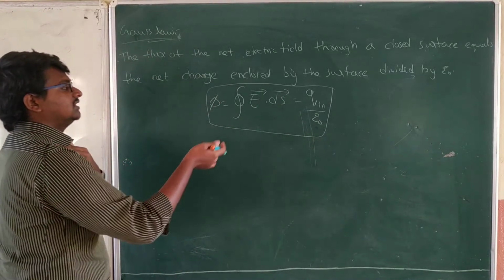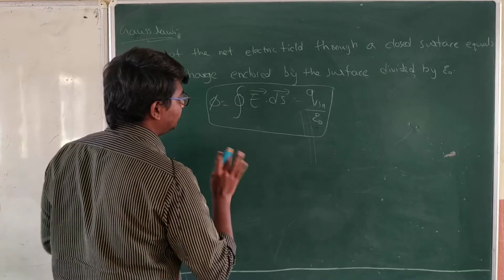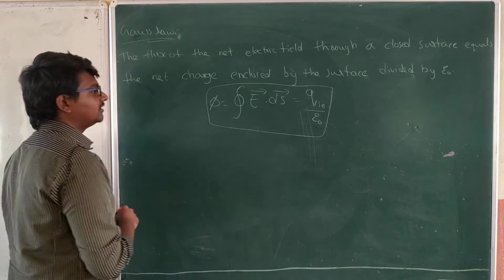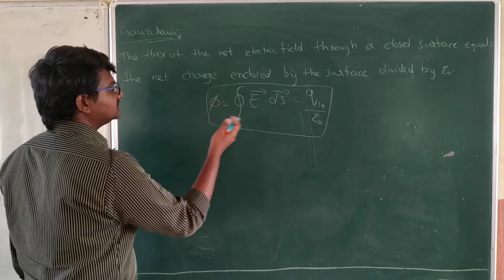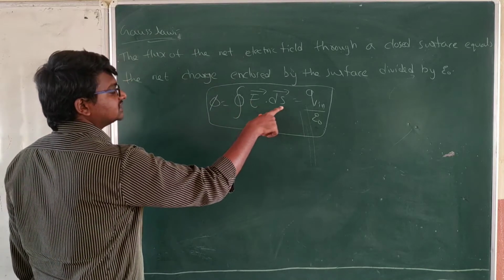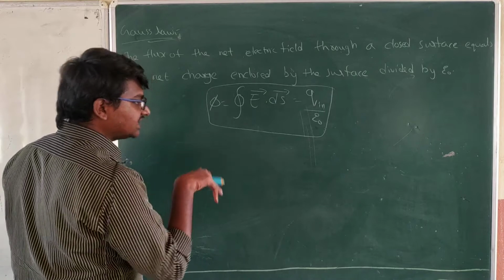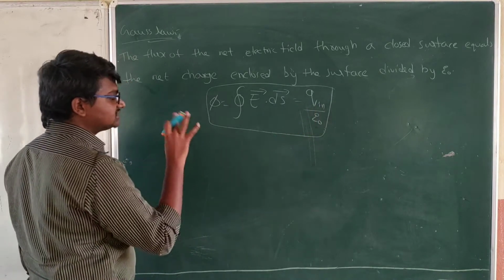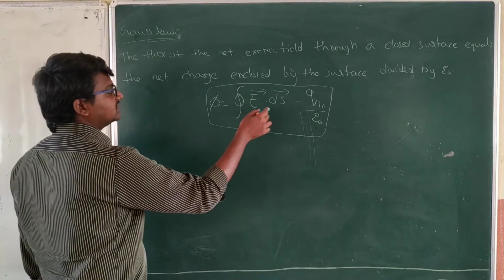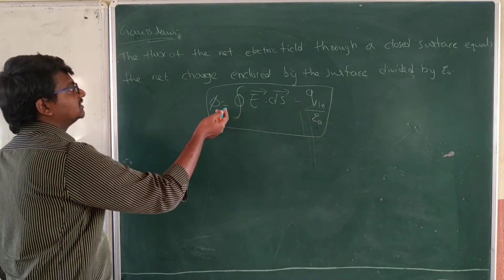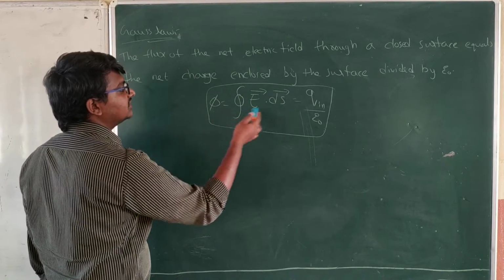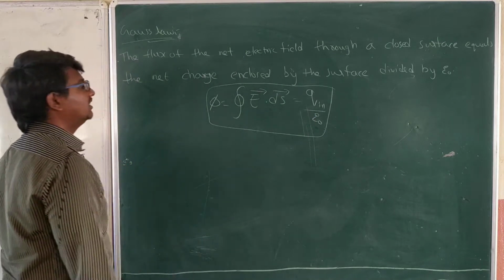If you keep any medium, we have to find the relative permittivity of that and use it here. This is the general explanation and the general formula in symbolic form of this definition. That is phi is equal to the integral of E bar dot ds is equal to Q inside by epsilon naught. Q in represents the charge inside the enclosed surface. Here phi is equal to the integral of E ds, which we gave in the first topic. Flux in an electric field is given like this, and that equals this. That's it. This is nothing but Gauss law.